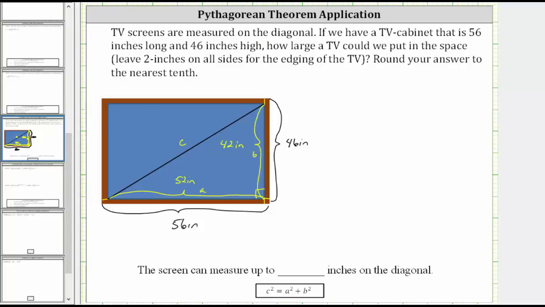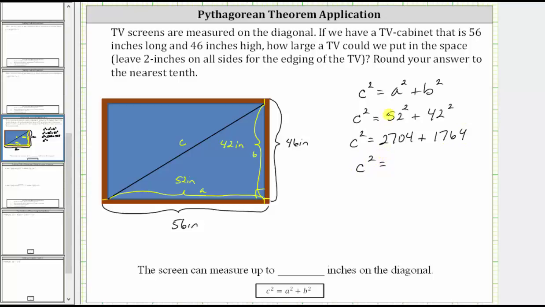So using the Pythagorean Theorem, again, that states that c squared is equal to a squared plus b squared, we have c squared equals 52 squared plus 42 squared, which gives us c squared equals 52 squared is 2,704, 42 squared is 1,764, and the sum gives us c squared equals